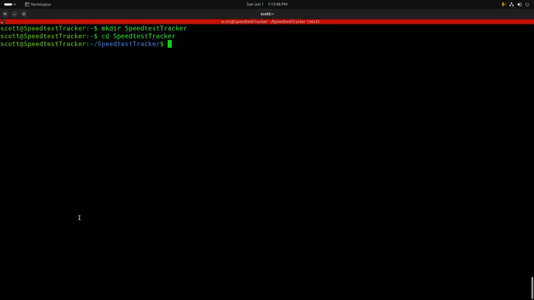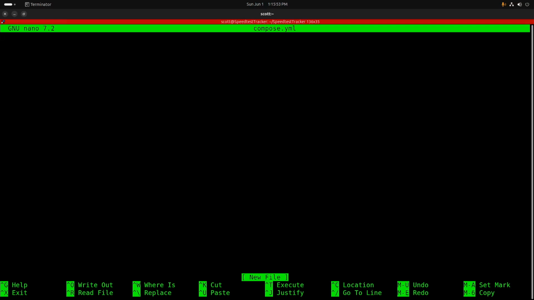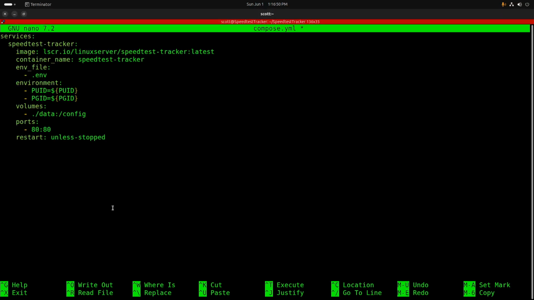Let's go ahead and create our Docker Compose file, and in this particular case, I'm simply going to call this compose.yml. This Docker Compose file is pretty simple because all the magic is going to be in an environment variables file. But basically, we have the image we're running, the name of the container, the fact that we're using an env file that's called .env, and then we're setting up the environment variables for the PUID and the PGID, which